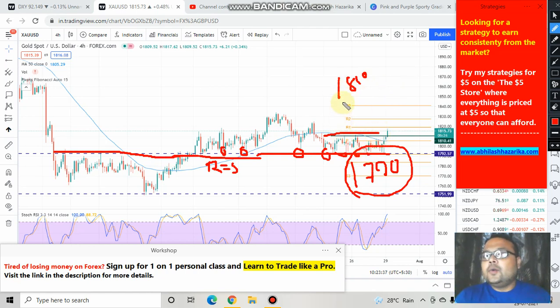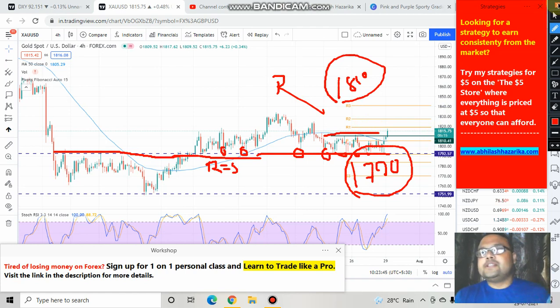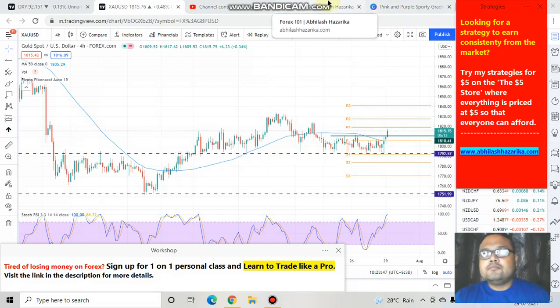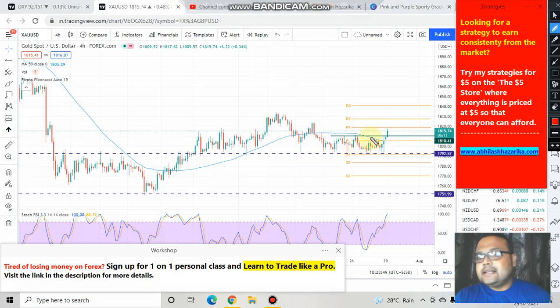And we had 1810 as a resistance. But right now the market is trading above the resistance. So what should be our strategy? You can see that the market is trading here, and if you look at the stochastic RSI also, you can clearly see that the market is in the overbought